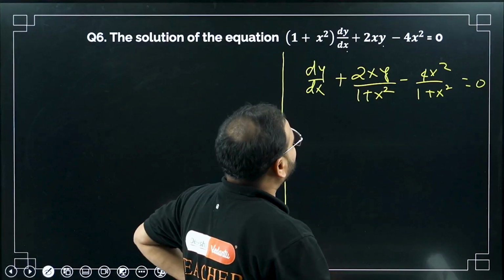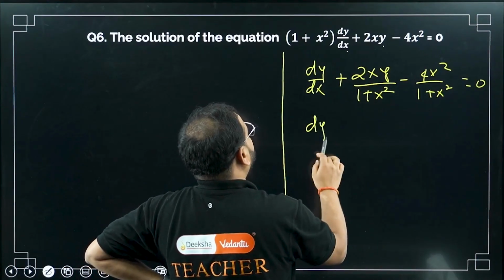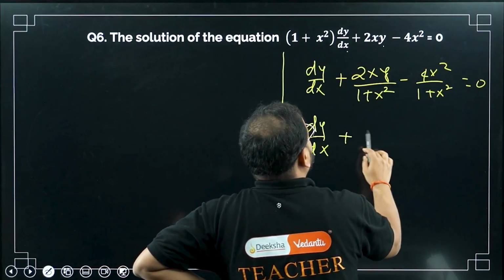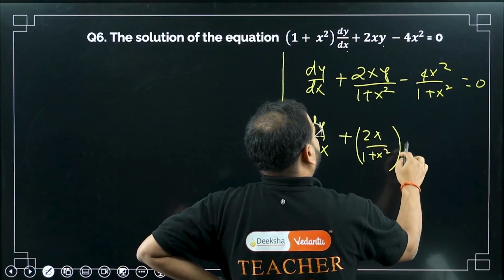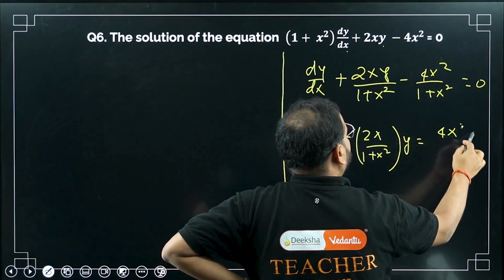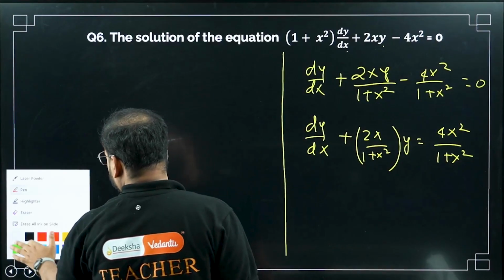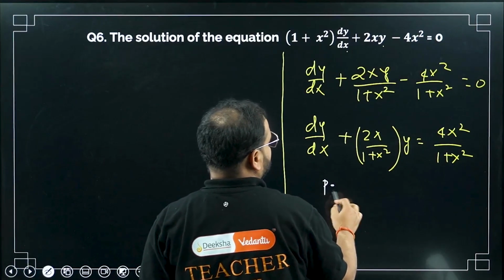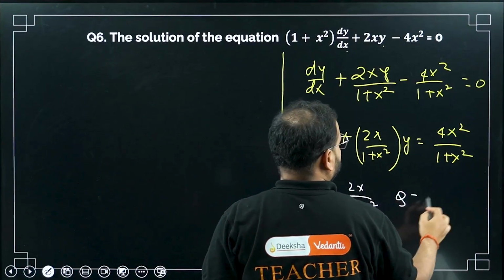Okay, let's do it. Bring this on that side. We'll get dy by dx plus 2x upon 1 plus x square, I'll put it in the bracket, y outside. I'm taking this whole thing over there. So 4x square over 1 plus x square. Now if you compare this with the standard form, you can clearly see that my p value is 2x upon 1 plus x square and my q value is,